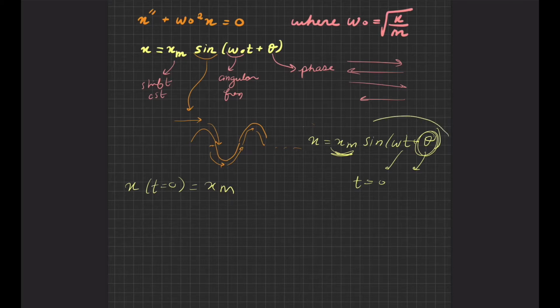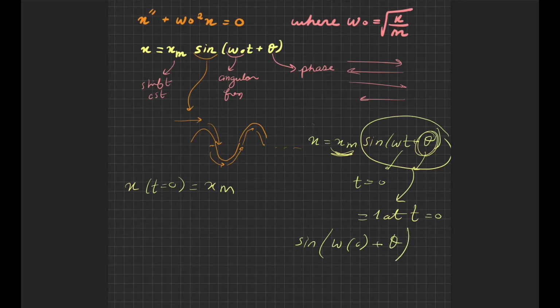So we want this thing to be 1 at t equals 0. So sine of omega 0 times 0 plus theta, I want it to be equal to 1. Okay, this is 0, so sine theta equals 1. Theta should be pi over 2, because remember,